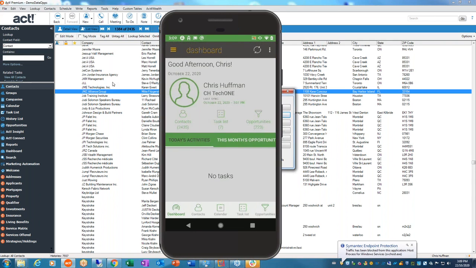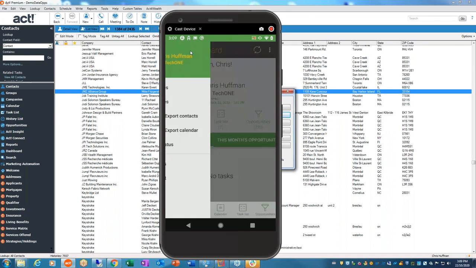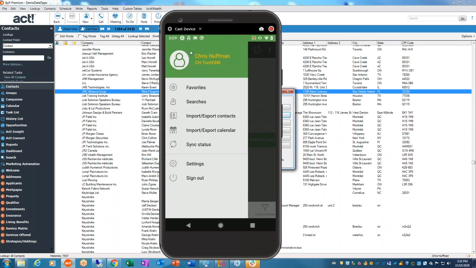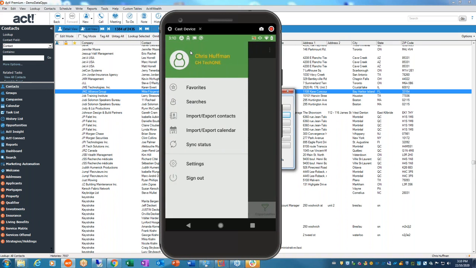As you can see, we have a menu button up in the upper left-hand corner and a menu button in the right-hand corner. The one on the right is very simple. It's just strictly your settings or your exit from Handheld Contact. On the left is where we have more detail. We've got favorites, which I'll show you in a few minutes. I can just open that up, and there are no favorites because it's a brand new install. And I'll show you what that looks like. We also have searches,